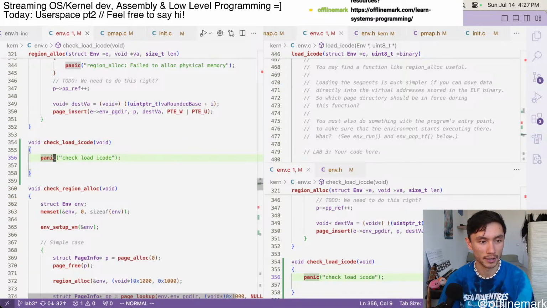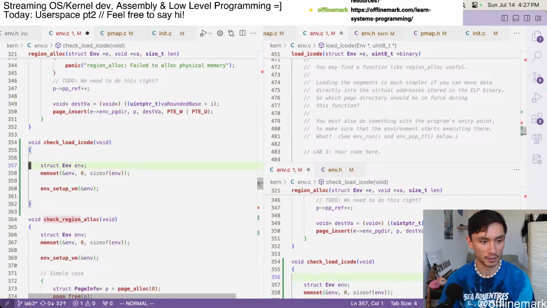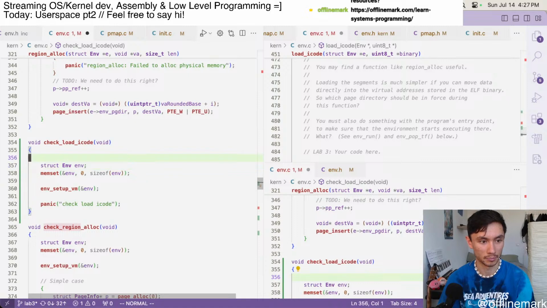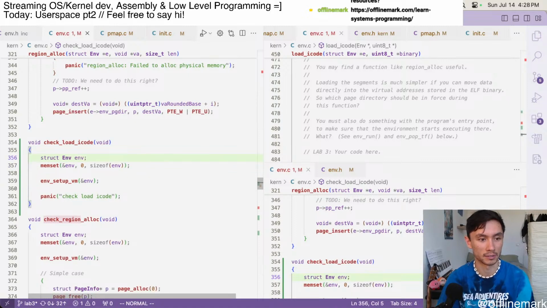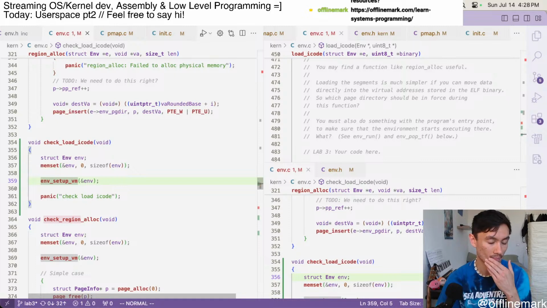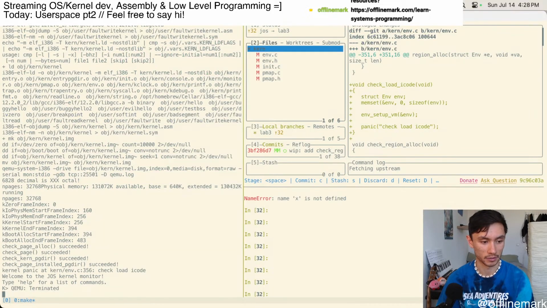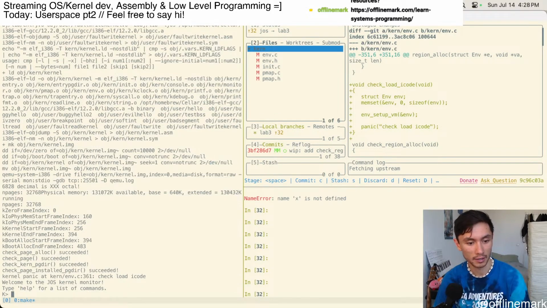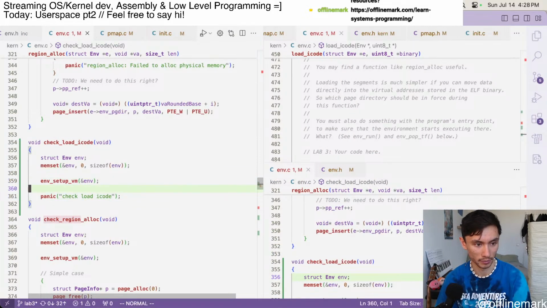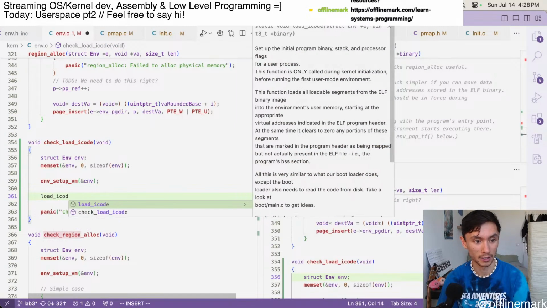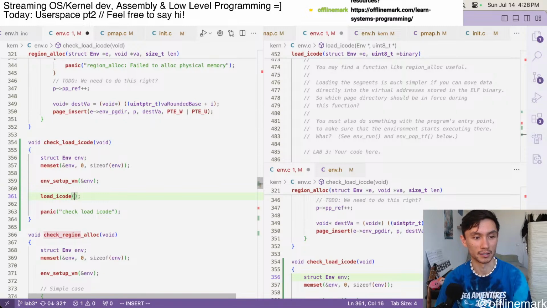So now we're here, and now I can do all of the same stuff I did below to basically set up a fake little environment to start doing some tests with. And then, yeah, so just quick test, does this work? Check load I code 3621. So that's all working. So now we can call load I code, but the unfortunate thing is that